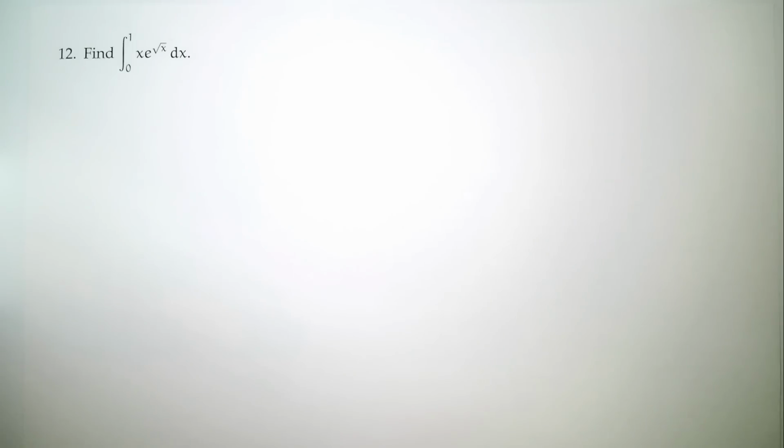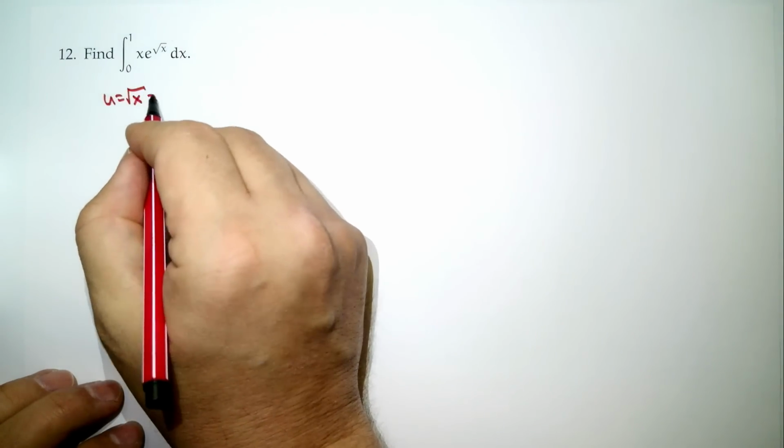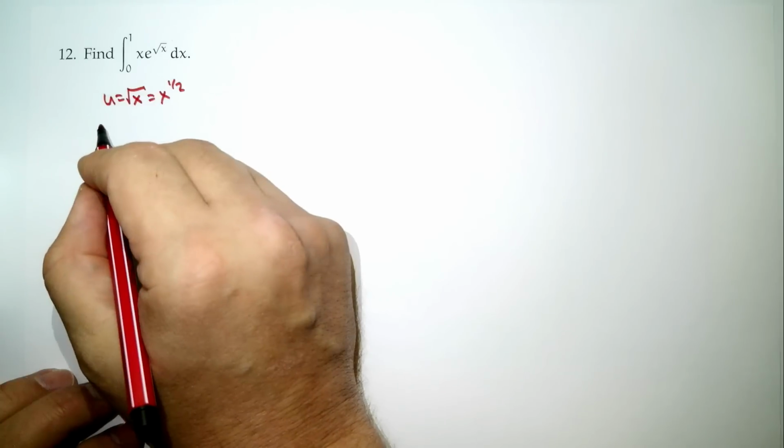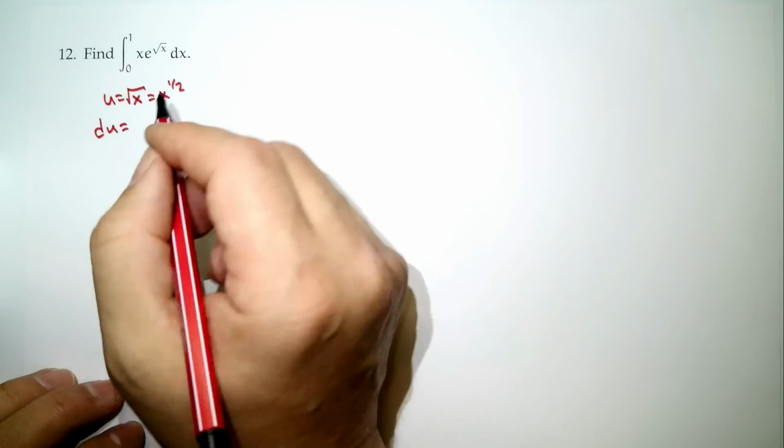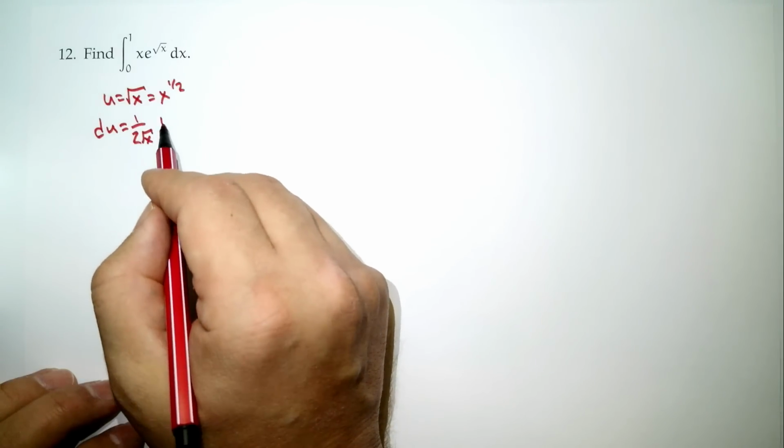Number 12. Find the integral from 0 to 1 of x times e to the square root of x. Well, what do we do? Yeah, square root of x is kind of hard to work with, so let's simplify this. So we're going to substitute u equals square root of x. If you like, that's x to the 1/2. What would du become? 1 over 2 square root of x